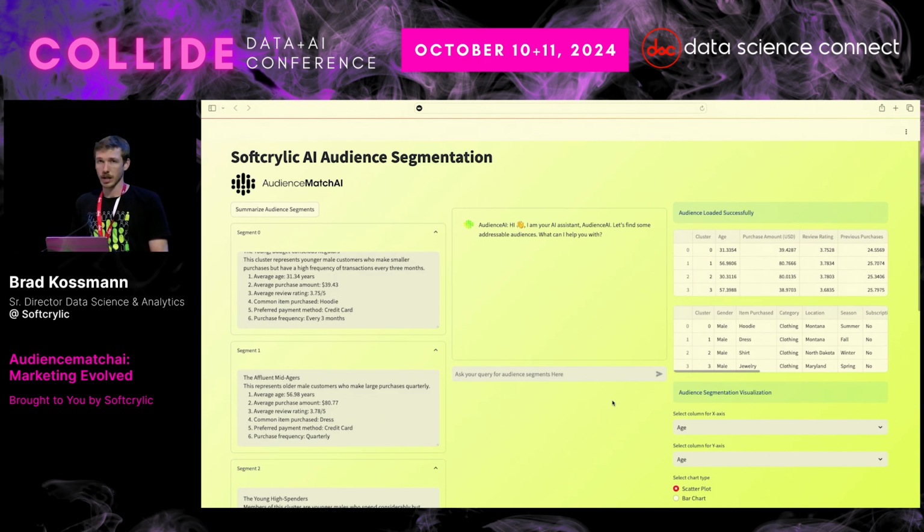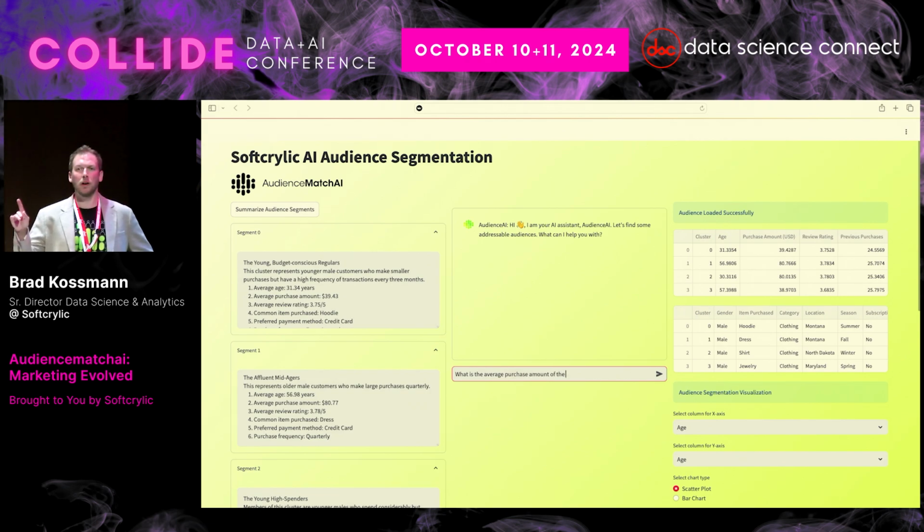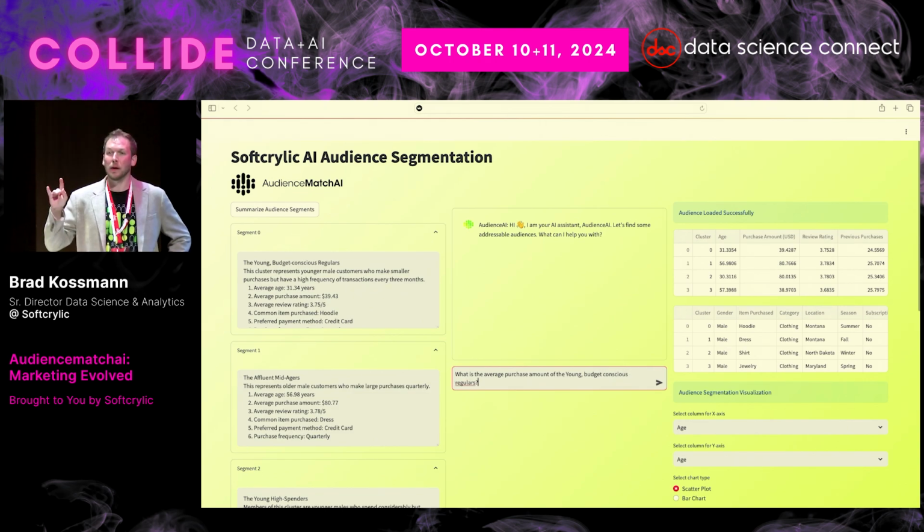So as Brad discussed, the way we've exposed the data to the LLM is meant to reduce hallucinations, which we all know can be a big problem. So let's just start asking Audience Match some questions about our data and make sure it lines up. So I'm just going to ask it. One take home there is that the less data that you feed the LLM, two things happen. One is hallucinations become less likely because you're not overloading it, potentially getting outside the context window, et cetera. And number two, it becomes really easy to spot check.